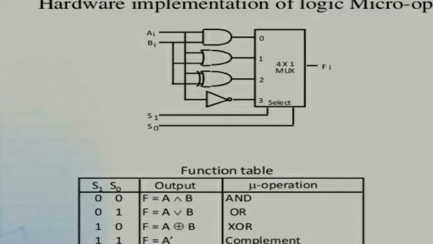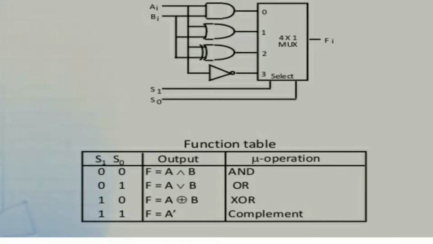So the selection line decides which operation will take place. These all are logical operations. Look here one more time. Logical operations mean AND operation, OR operation, NOR operation, complement, XOR, exclusive OR. These are the